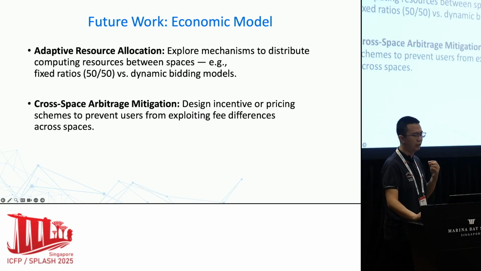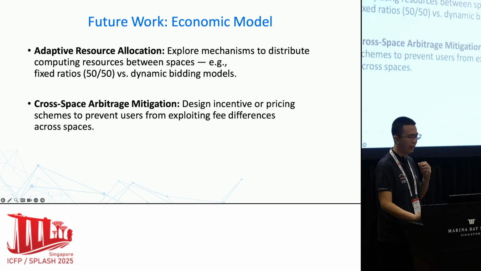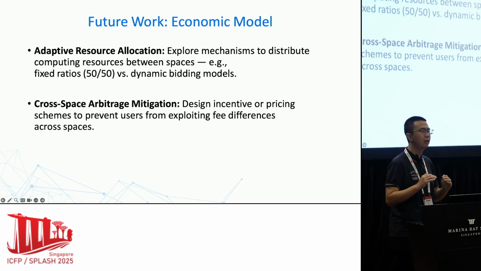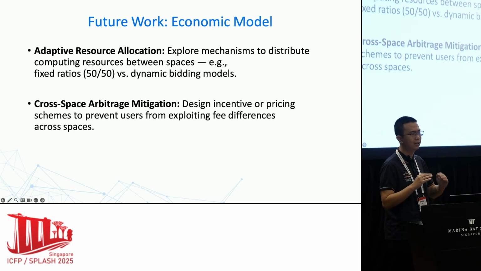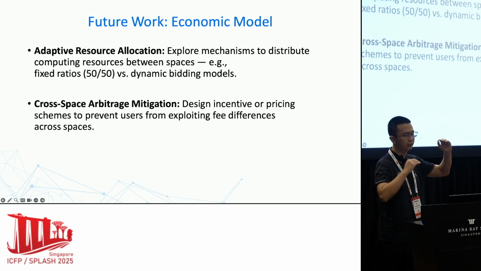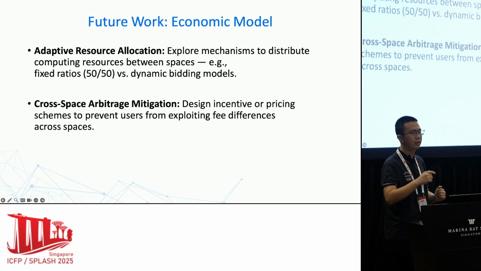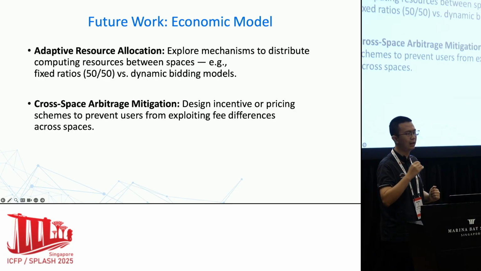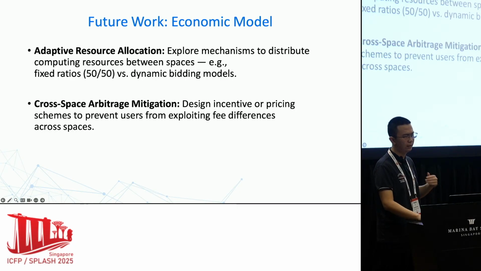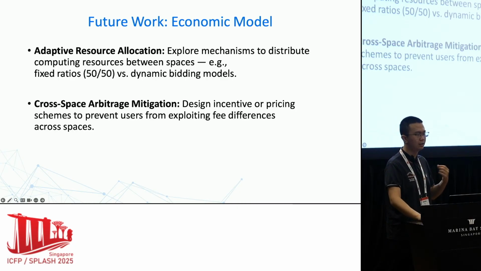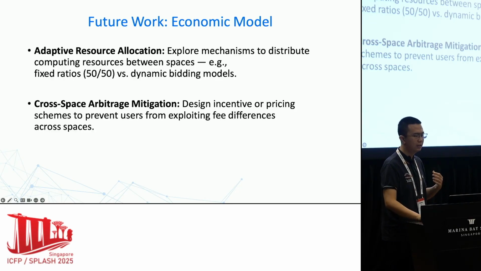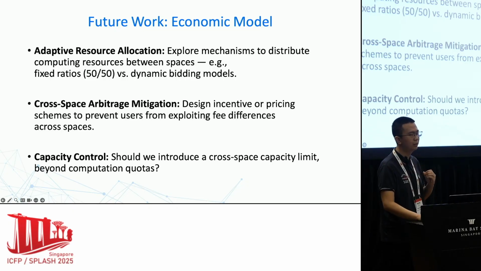Another point is something that really happened on the Conflux mainnet: cross-space arbitrage. If we have multiple virtual machines, and one virtual machine has many users and high demand that makes the transaction fee expensive, while another virtual machine is cheaper, people will use the cheaper virtual machine, the cheaper space, and use the cross-space call to interact with the expensive space to obtain the transaction fee. So is it an acceptable behavior, or should we disincentivize it? There are some decisions that require insights from economics or game theory.